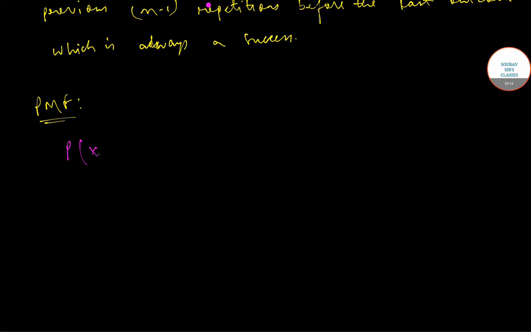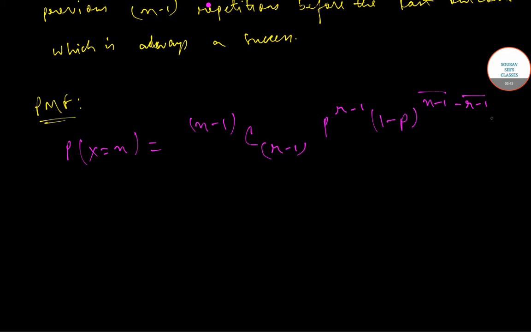So probability x is equal to x minus 1 C r minus 1 p to the power r minus 1 into 1 minus p to the power x minus 1 minus r minus 1 into p, where x ranges from r plus 1 and so on,